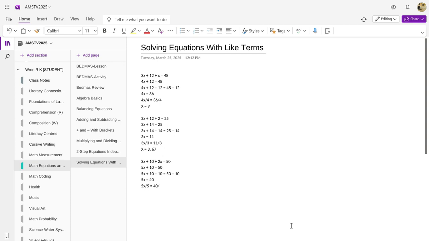What can I cross out? The 5s. So I have x over here. What's 40 divided by 5? I forgot. 8. Because